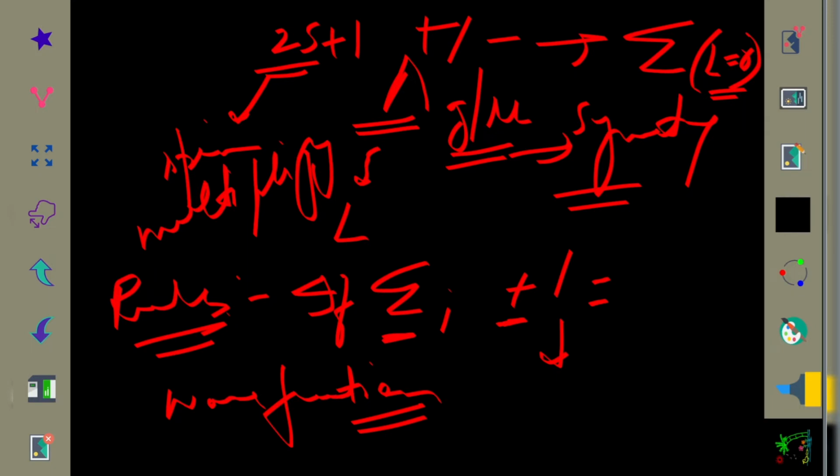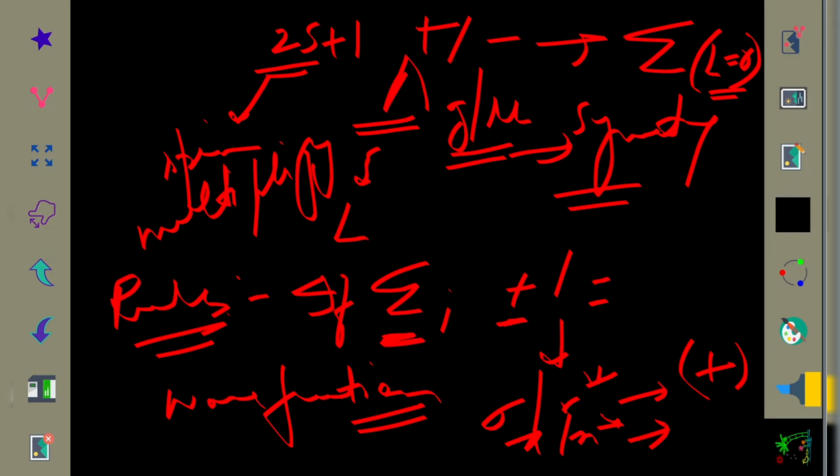For the electron, if it is filled in the sigma or sigma star orbital, then positive is written as a superscript. And when the electron is filled in the pi or pi star orbital, and the state was found to be sigma, that means the lambda value is 0, for the molecule, then we have to represent negative.